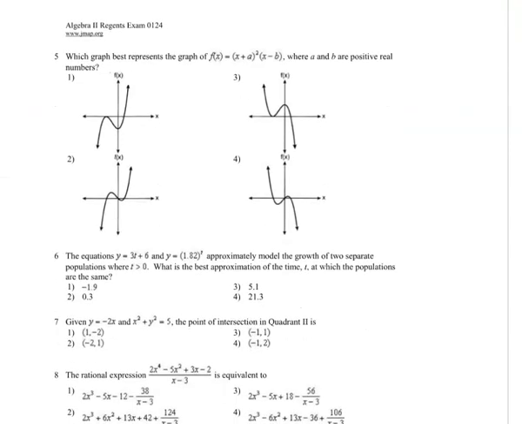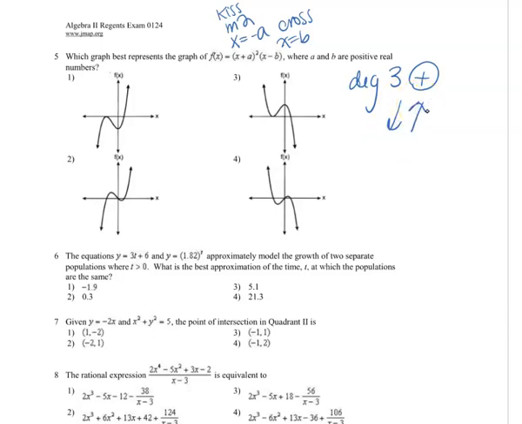Alright, question 2, which graph represents the graph of f of x where a and b are positive real numbers? Alright, so I look at this and I'm like, alright, well, if x plus a is a root, that means -a is a root with a multiplicity of 2, which means there's a kiss at the x-axis there. X equals b is there with a multiplicity of 1, which means there is a cross. Something else to pay attention to is that this is an x squared times an x, which means it's a degree 3 polynomial. Leading coefficient here is positive because there's no negative listed, so if we have a positive leading coefficient and it's an odd degree, odd is opposite, positive means it ends positively, so right there that's my end